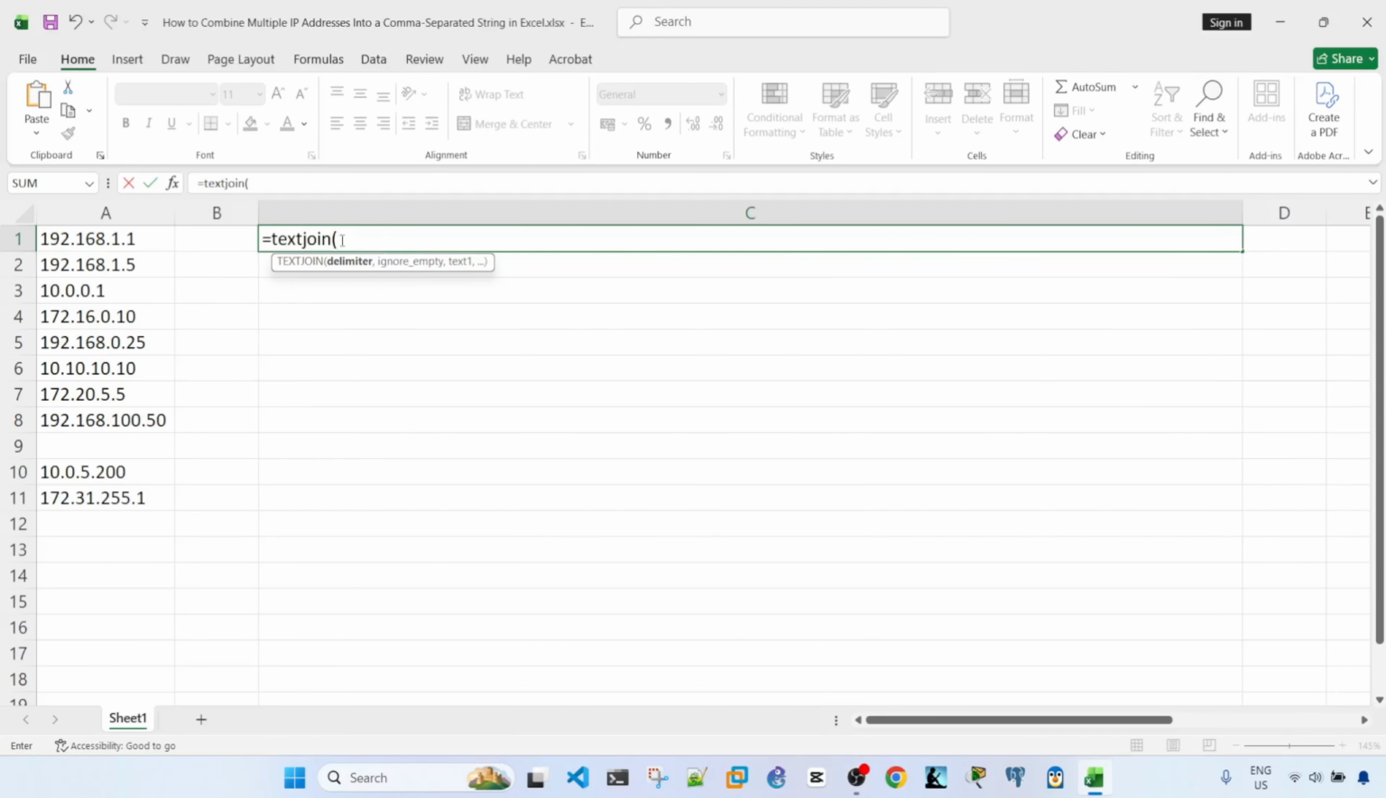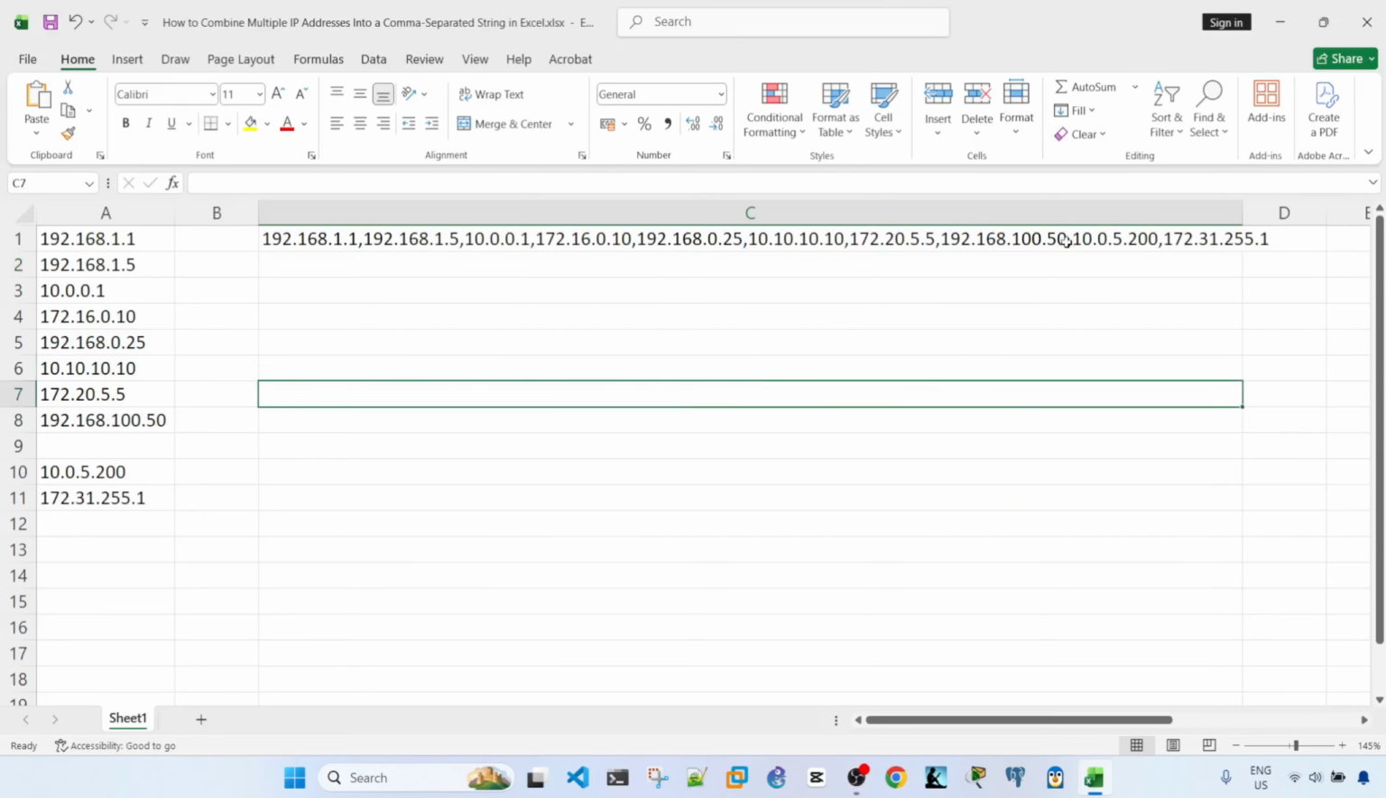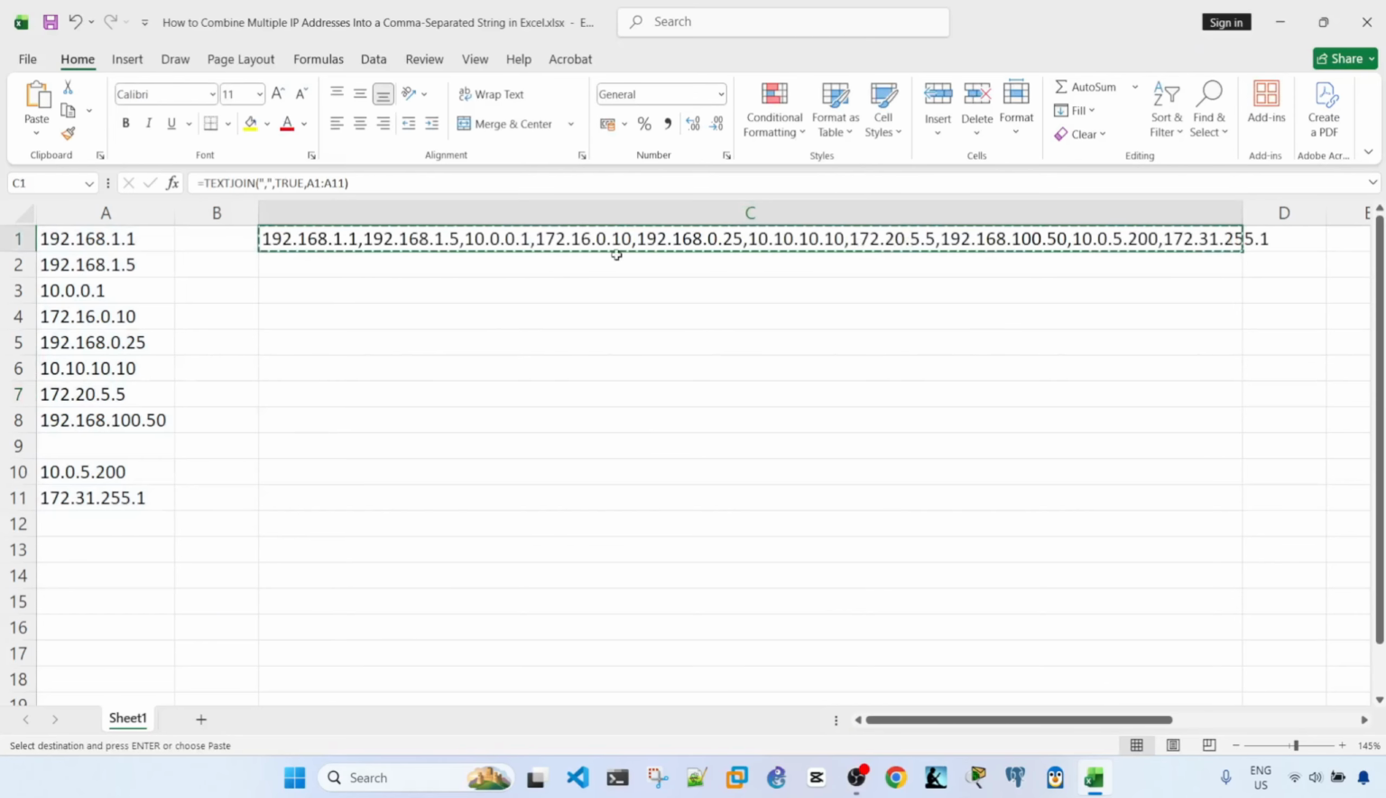All right, so equals TEXTJOIN open parenthesis, and I'm going to use the comma as the delimiter, and then TRUE to ignore empty cells, like I said, and then text1. This is where you select the list of IP addresses. So I'm going to select the list of IP addresses and close the parenthesis. All right, so we can see that, let me just copy this and